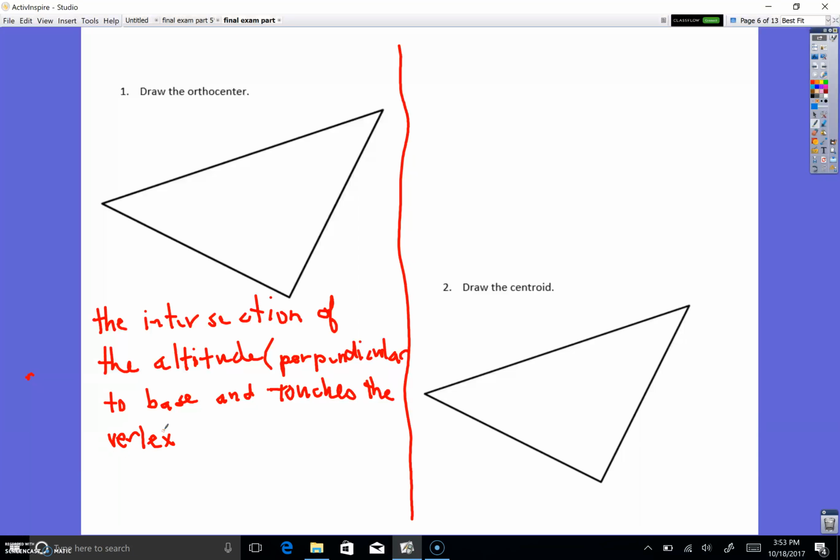Alright, so I'm going to draw it right now. Okay, remember, perpendicular means 90 degrees. So, if you draw this line right here,